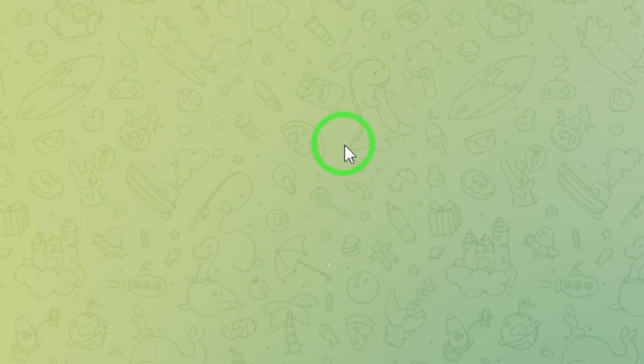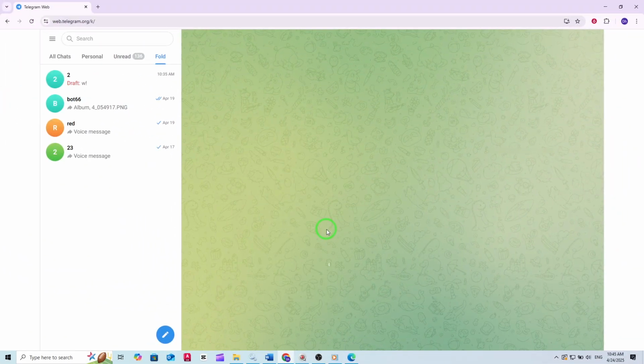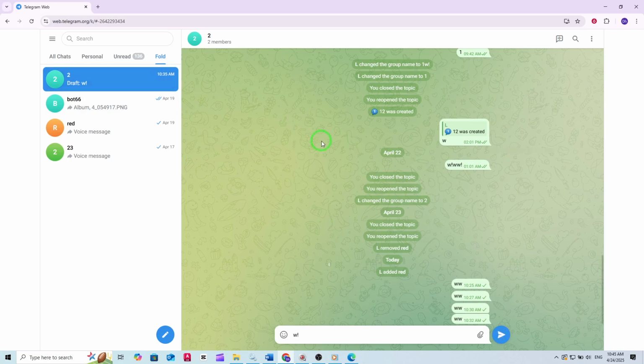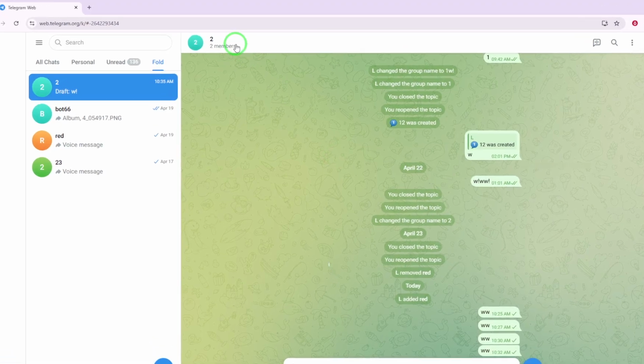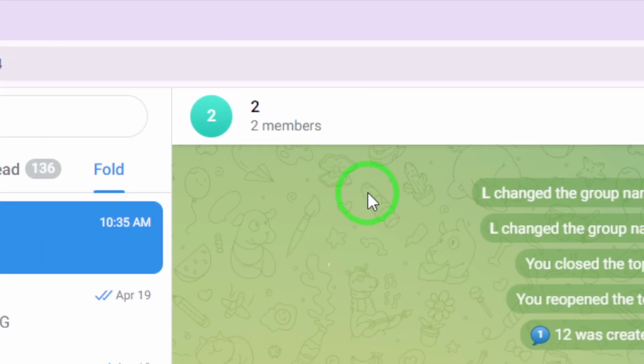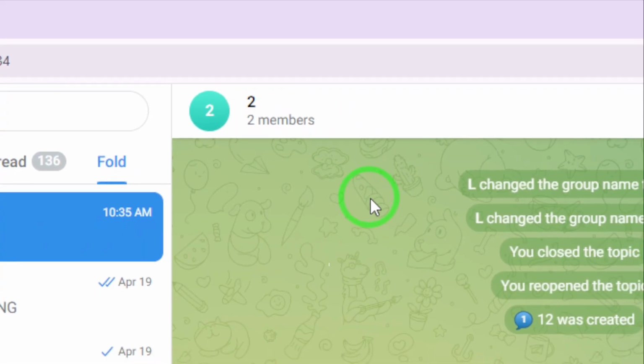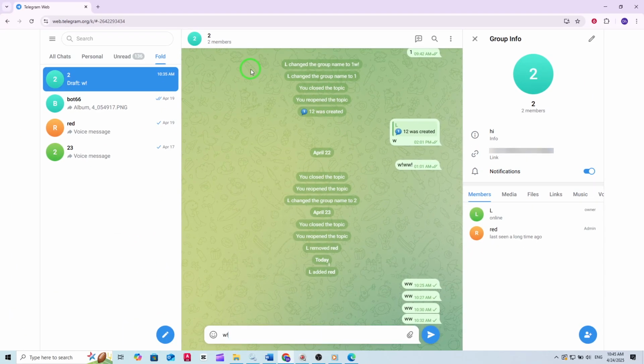Make sure you're using the latest version for the smoothest experience. Once you're in, head over to the group where you're already an admin. You'll find your list of chats on the left. Click on the group you want to manage. Now, look at the top of the chat window and click on the group's name. This will take you to the group's information page, where you can see details like the member list, shared media,